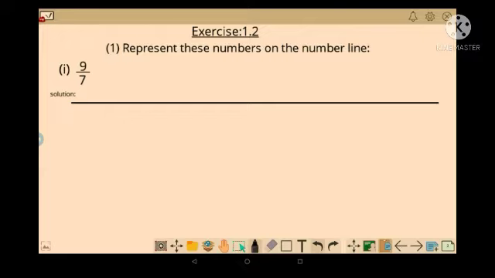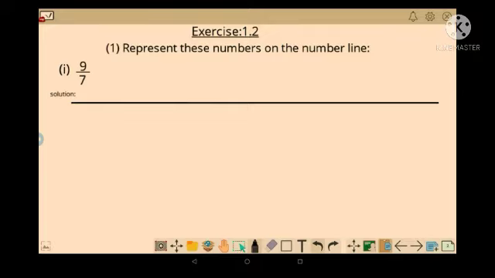Okay. So now on the number line, normally we have been learning from the 6th standard or 5th standard how to represent a normal number on the number line, right? But in this chapter we are going to see how to represent rational numbers on the number line. We have learned how to represent 1, 2, 9, 8 on the number line, right? We will count the numbers and we will represent. But in rational numbers it is not like that. We need to represent between two numbers like 0 and 1, 1 and 2. While doing the sums we can understand it clearly.